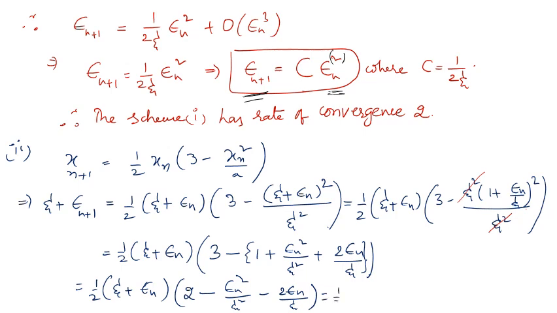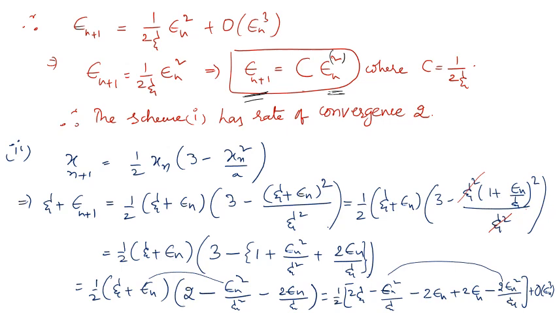this is equal to 1 by 2, this is 2 xi minus epsilon n square by xi minus 2 epsilon n. First term 1 into 3 terms over, coming to this plus 2 epsilon n minus epsilon cube terms no need, this is cube term no need, right? Square term plus into minus minus square term, 2 epsilon n square by xi plus one can write order of epsilon n cube, isn't it? Now these two terms give what? Minus 3 epsilon n square by xi, right? These two get cancelled,